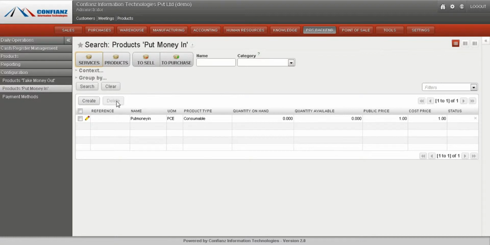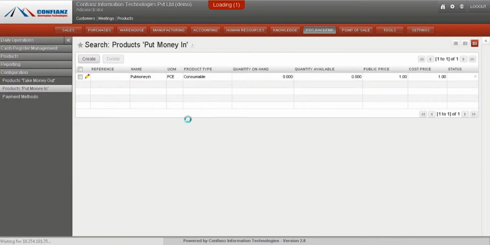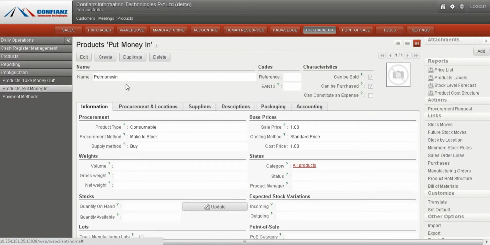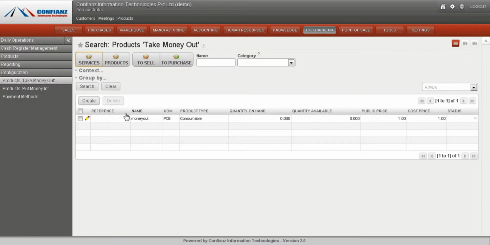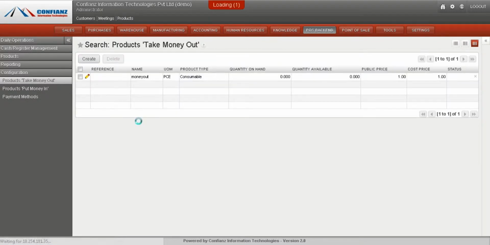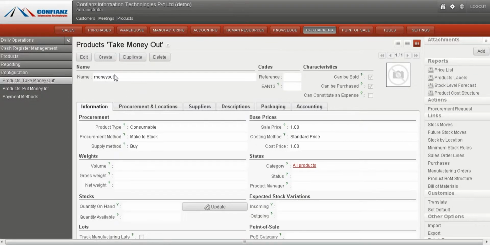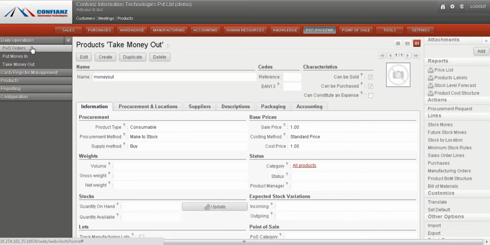We have to create a put money in option, and over here this is added as a product, put money in, and in a similar way we have to add the take money out option also. So these three things must be configured at first, and then to create a POS order